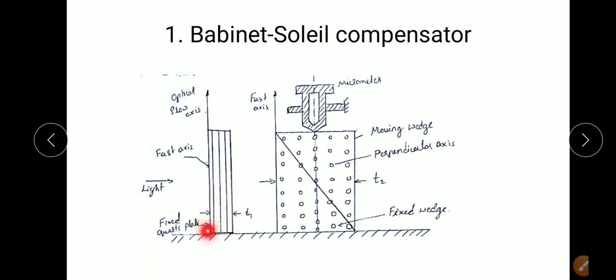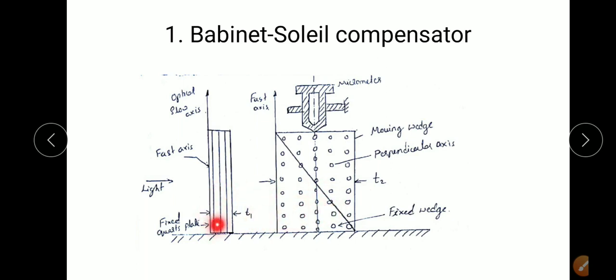There are two parts you can see. This is one quartz plate, and these are two quartz plates which are cut in a wedge shape. You can see the lines on these quartz plates are vertical, and the holes also show the optical axis. The axis of this quartz is vertical and the axis of these quartz plates is horizontal, so an orthogonal arrangement is made here.